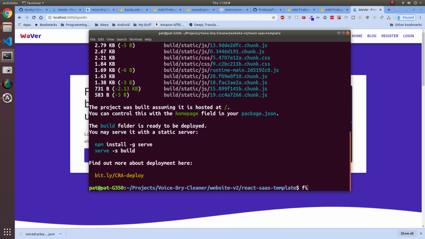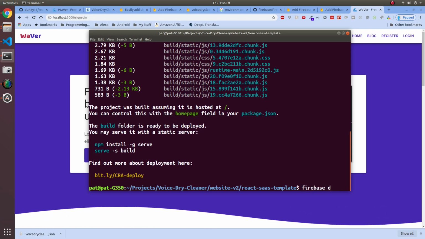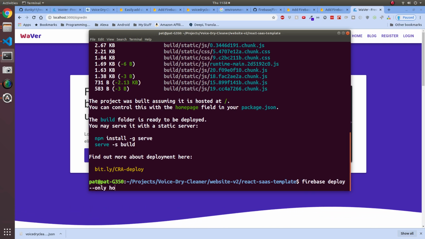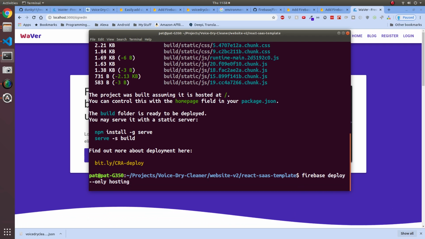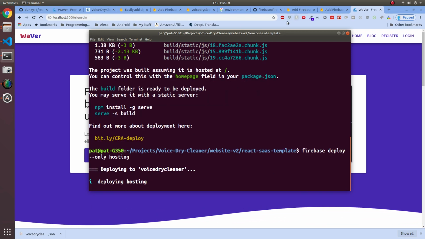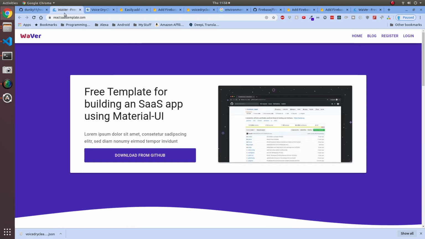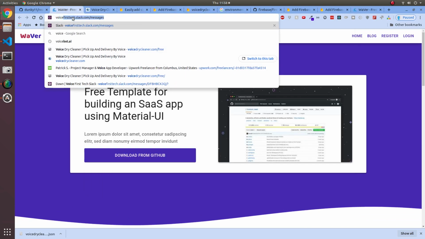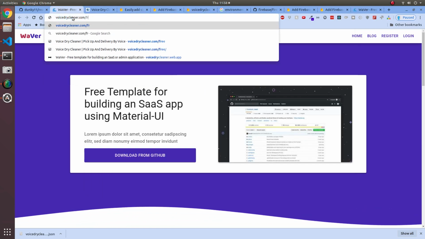Now that we built, Firebase deploy --only hosting. Once we have deployed this to Firebase, we will be able to see it live over here on voicedrycleaner.com